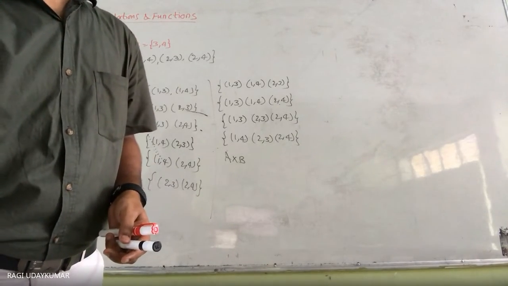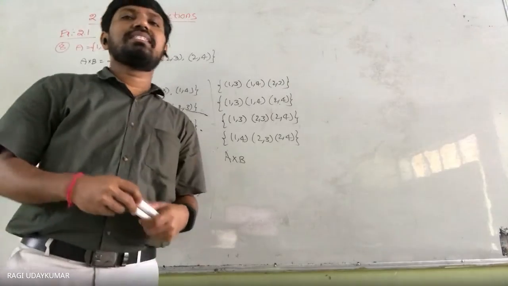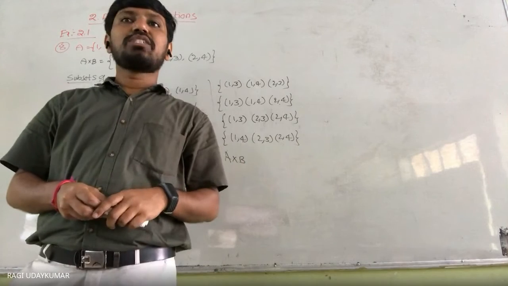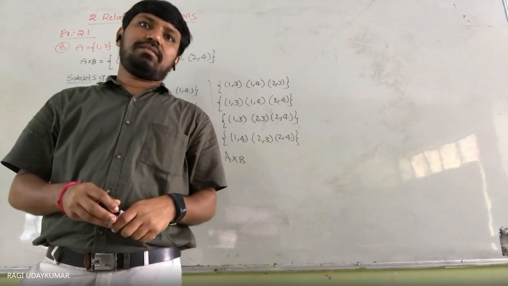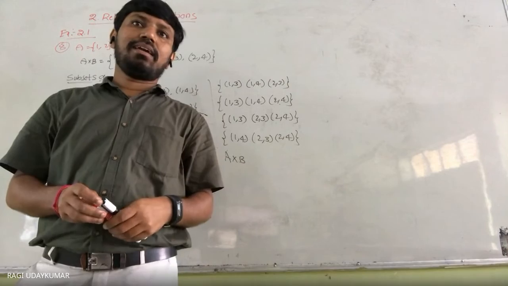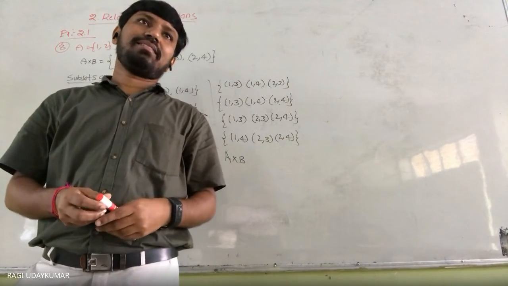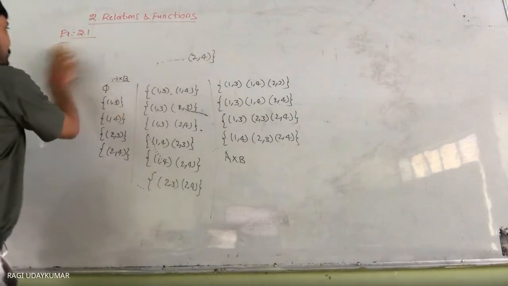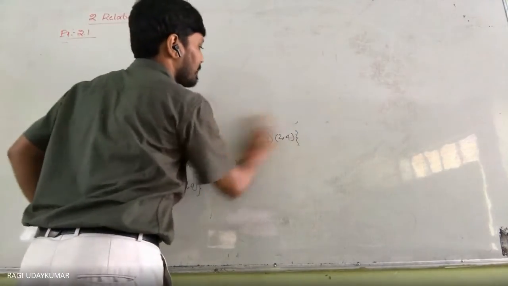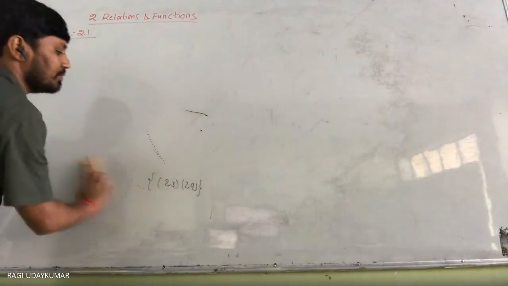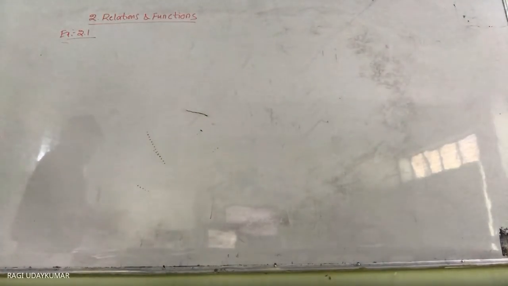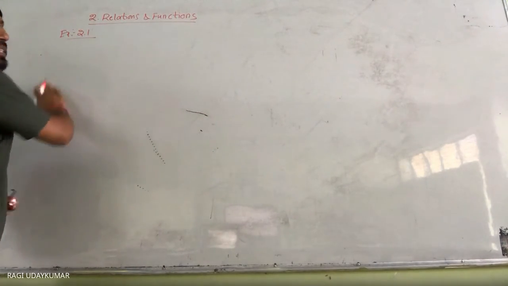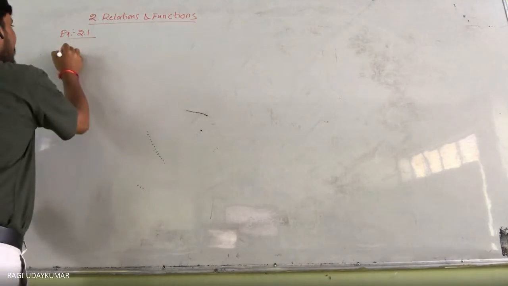Okay. So the last, 10th question: the Cartesian product of two sets A cross A has 9 elements, among which are found (-1, 0) and (0, 1). Find the set A and the remaining elements of A cross A. Can you tell me? A very interesting question this is. What is the question given to you? A cross A will have 9 elements.